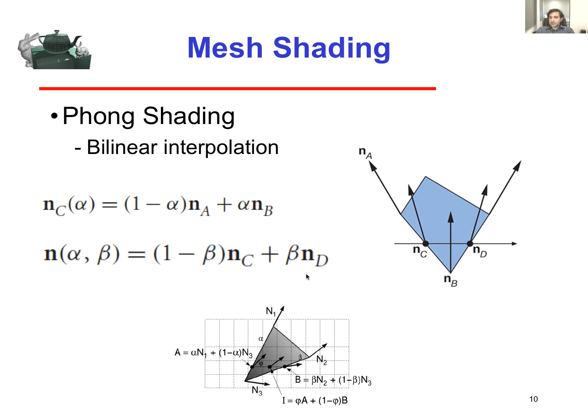Here, I can show the calculations better. We have n1 and n3. We interpolate between n1 and n3, and we find the normals with this formula for an arbitrary point across this edge. Likewise, we have n3 and n2. We interpolate between n3 and n2 with this formula, and we find the normal for an arbitrary point across this edge. Now we have the normal for 2 arbitrary points across this edge and this edge. We can interpolate between these 2 points with this formula and find the normal for an arbitrary point within this triangle, and we can continue doing so until finding the normals for all the points within this triangle, covering all the pixels in here. So now the question is, where are we going to do these